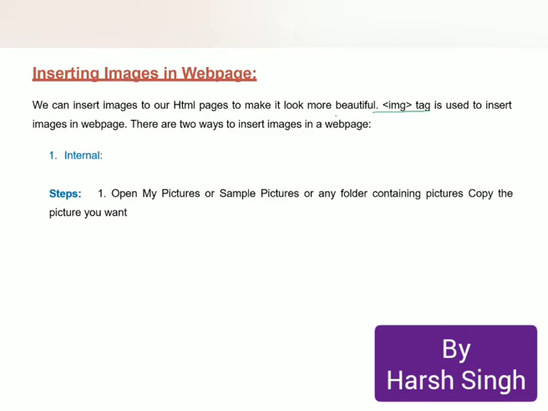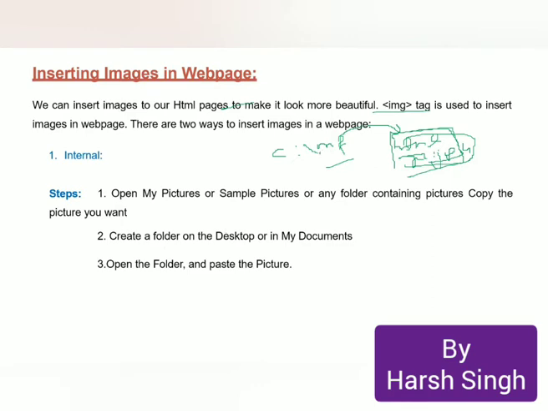First is inserting the images internally. That means, say this is your folder in which you have an HTML file. This image file has to be here only, in the same folder. Say you have a folder C/my folder. Inside this folder you ought to have the HTML file and say some x.jpg. So both of them have to be in the same folder. For that you can go to any folder where your picture is, or you can make a folder where you can put that picture, and we can just paste the picture in this folder, and then you can insert it. I'll show the code.